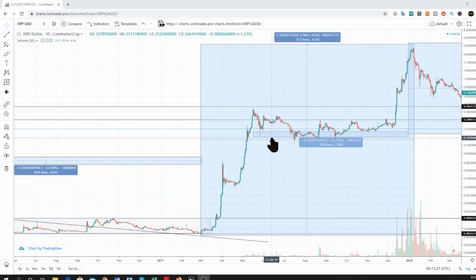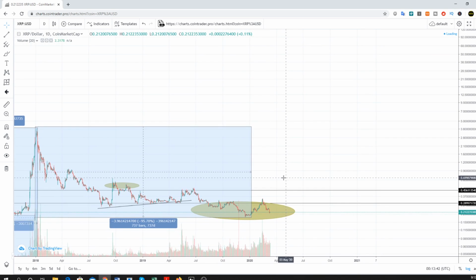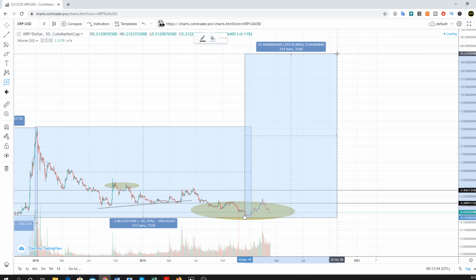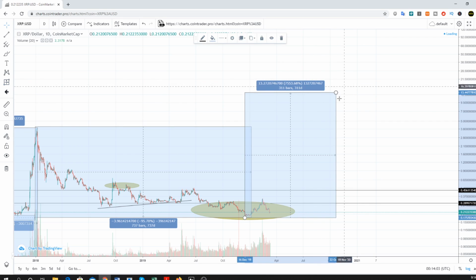Now when we look at the markup from the previous cycle, what we can see is that we took around 313 days and we reached around 75,000%. Now considering what we just discussed in yesterday's video or the recent video, if we actually pump something similar in a pattern which we are following as of now, that would be like 10 times lower than that. And if we consider that, say for example 313 days, which will be somewhere here, and at the same time 10 times lower than that, say we managed to get around 7,500% in 313 days, that would be somewhere around $13 to $14 around the end of